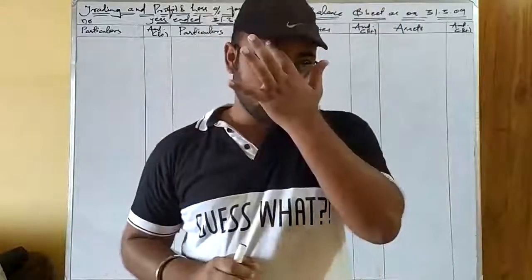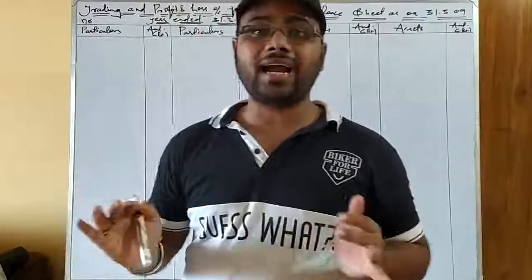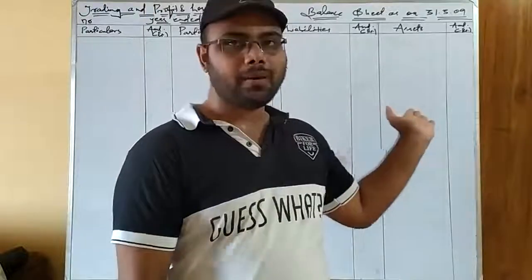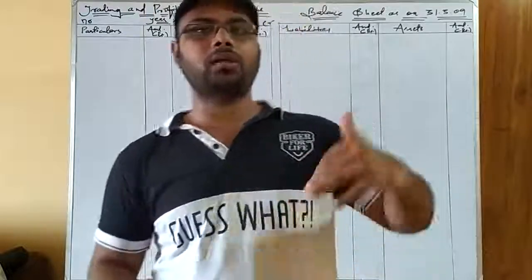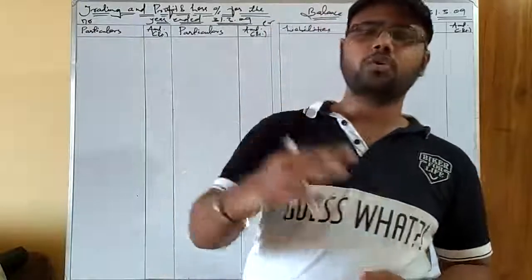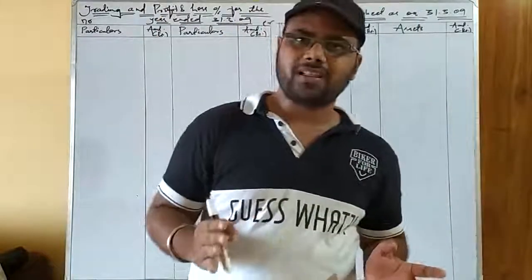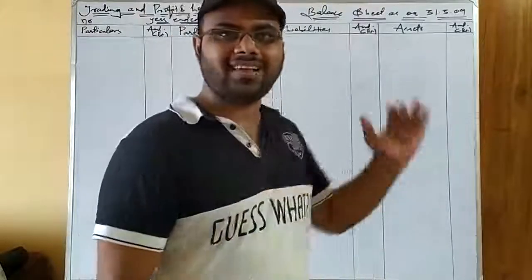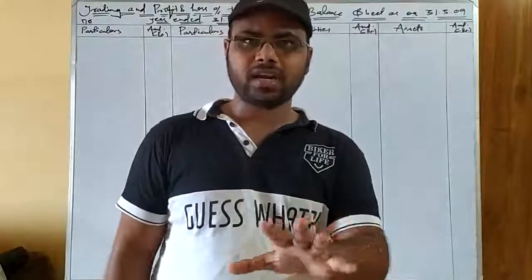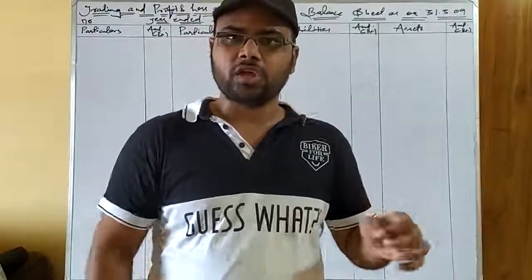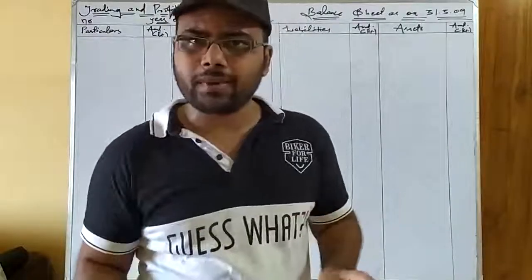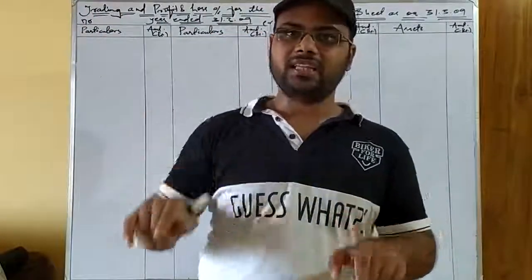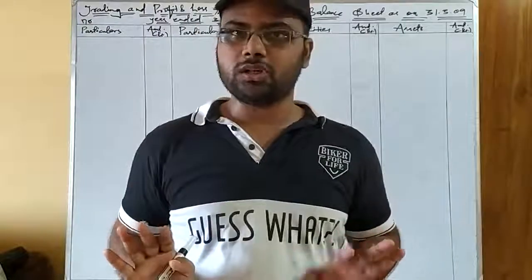Okay, now the 2 more items that are left are assets and liabilities. See, if there is an asset, you have to take it to the asset side of the balance sheet, and if it is a liability, you have to take it to the liability side of the balance sheet. And I have also told you, while preparing the balance sheet or in the video on the specimen of balance sheet, you should make a proper categorization of the assets and liabilities for your better understanding and for precise presentation. If you don't categorize, that doesn't matter or bother, you will get the final answer correct if you have posted initially in the correct manner and with proper calculation or proper consideration.